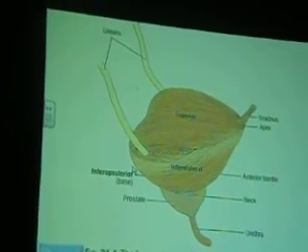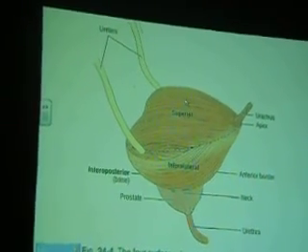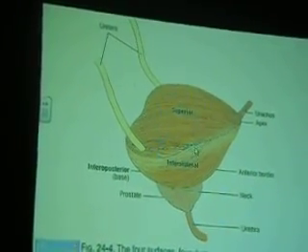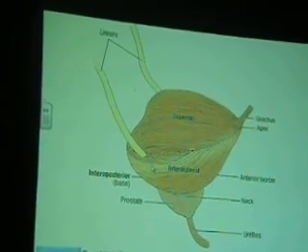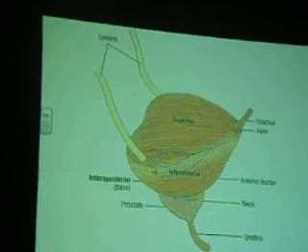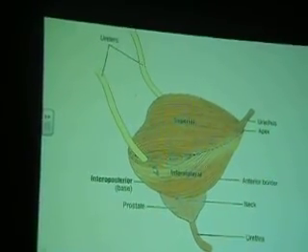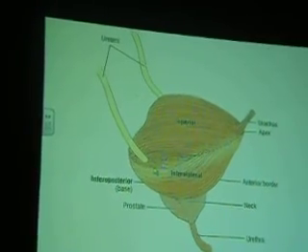So we have the other three sides of the pyramid now. The superior surface is simply called the superior surface. Yeah? But as the bladder fills, it loses this three-sided pyramidal shape and becomes ovoid. With me?